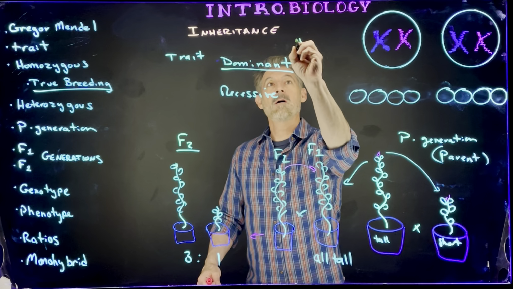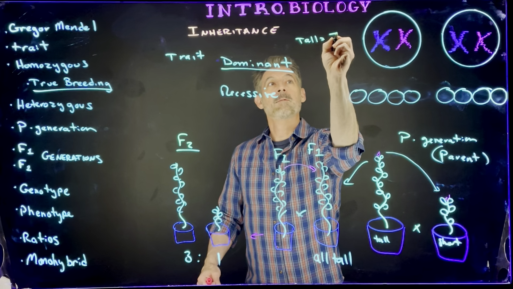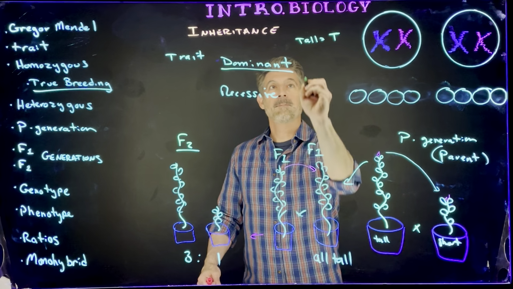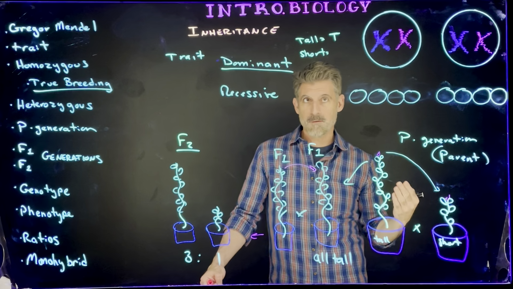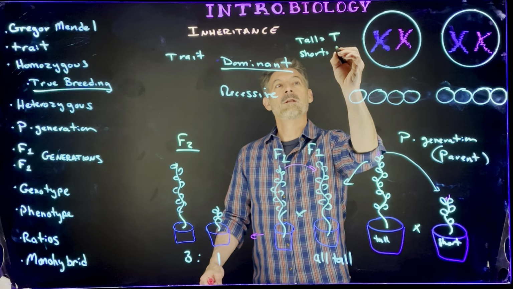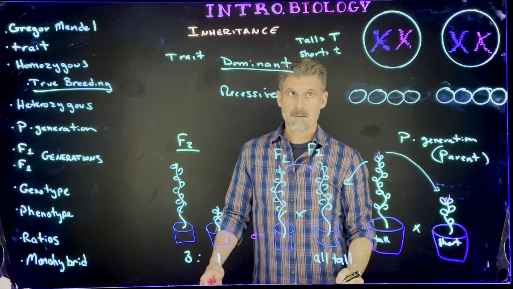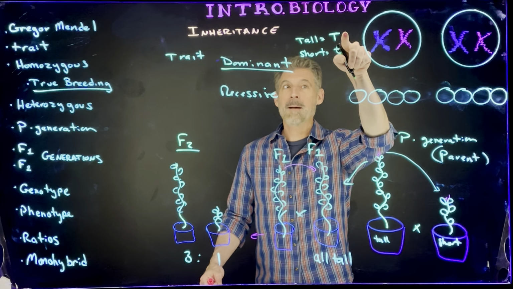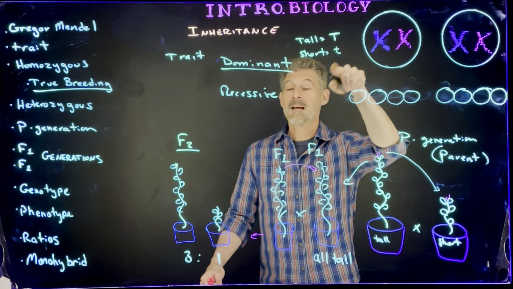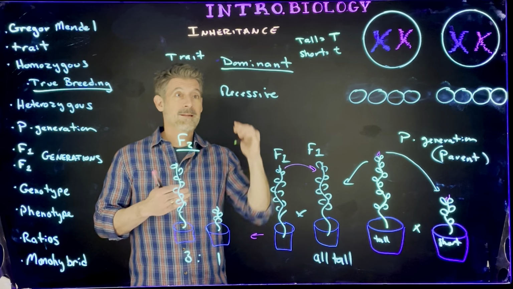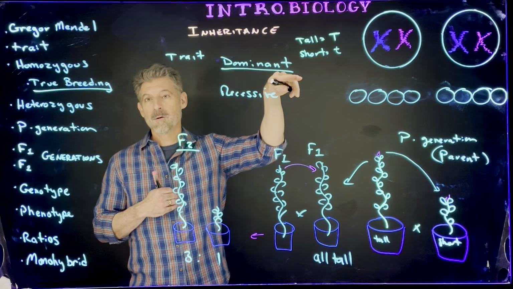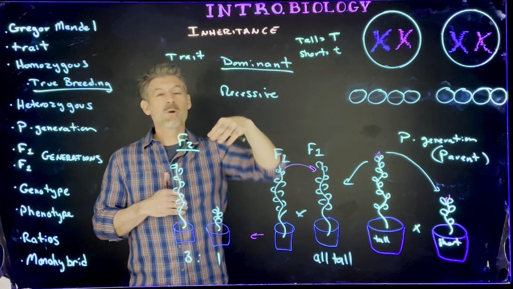So say for tall, we give it a capital T. For short, it's not S for short, it would be lowercase t. So it's also capital T versus lowercase t. Now for some characteristics, this works really well because the capital letter and the lowercase letter look different in the